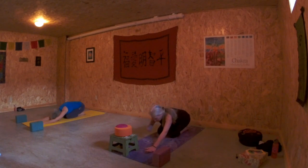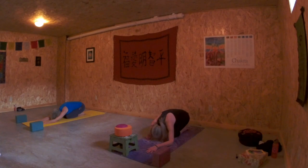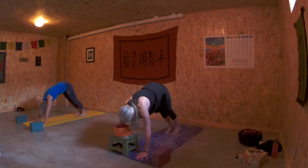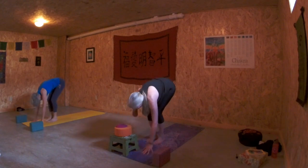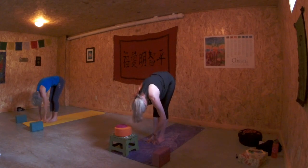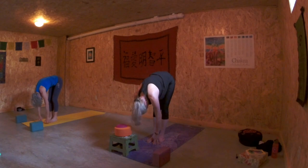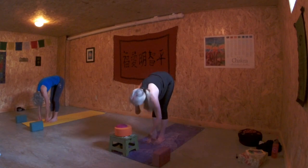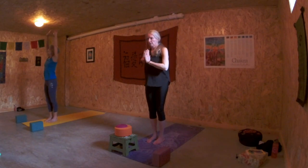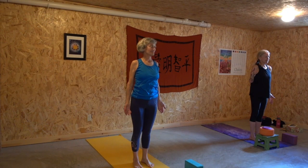Remember to drink your water as we go along. Let's pull forward, tuck our toes, come into downward facing dog. Stepping forward, right and left. Coming into forward fold, we'll hold here, letting our head drop, shaking out our shoulders. Shake your head, lift your sits bones. Then we'll deeply bend our knees, reverse our swan dive, come all the way up and back to mountain. Now let's come back to mountain pose